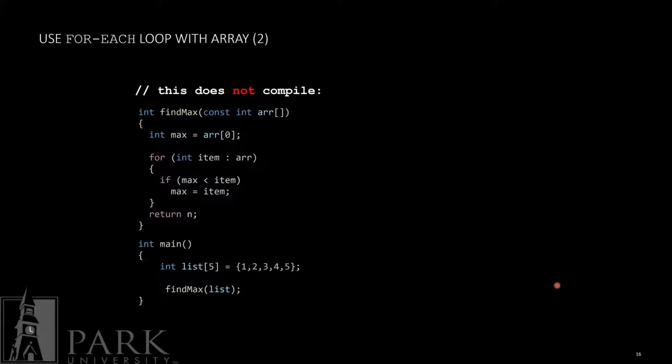Inside of the function, this array parameter is not an array. It is a pointer, which is a variable that stores a memory location. I know this is very confusing because you're thinking, but we're passing in an integer array right here. Well, that's the syntax, but this arr is actually a pointer. We're going to talk more in depth about pointers in Unit 4, but this is to point out that you cannot use a for each loop inside of a function that takes an array as a parameter. Since a pointer is not a container like an array,